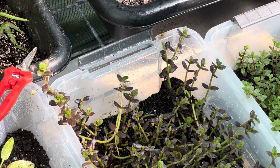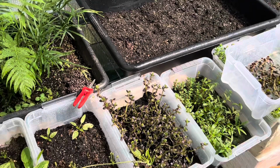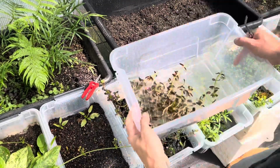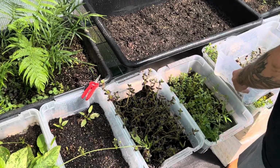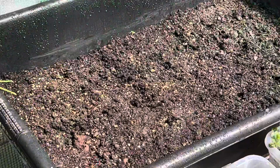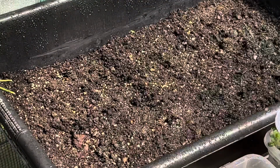Anyway, I digress. So now that I have all the cuttings, let me fix this zoom here. You guys have been staring at that as I talk. It's kind of funny. All right, so now that I have all my cuttings here, lots of cuttings, I take them and I put them into, adjust my tripod here. All right, now that I got the tripod adjusted,